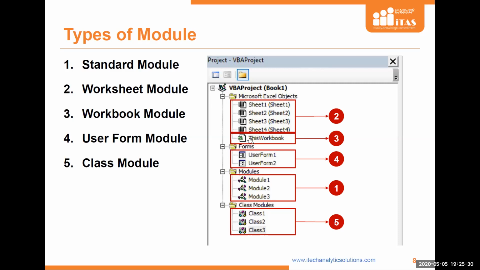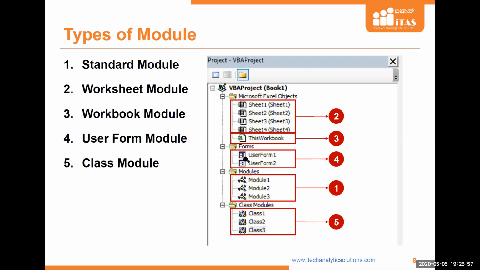And you have this workbook. This is known as the workbook module. In your workbook, you can have any number of standard, worksheet, user form, and class modules. But for every workbook, there is only one workbook module. Keep this in mind. There is no multiple workbook module for any workbook that you have.